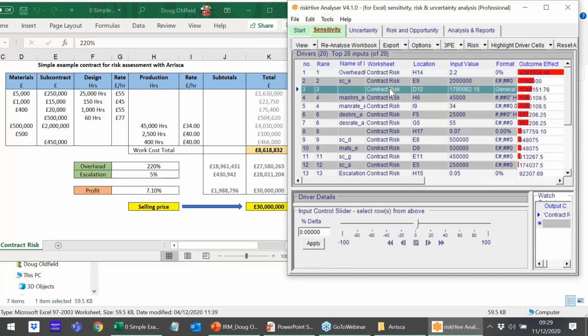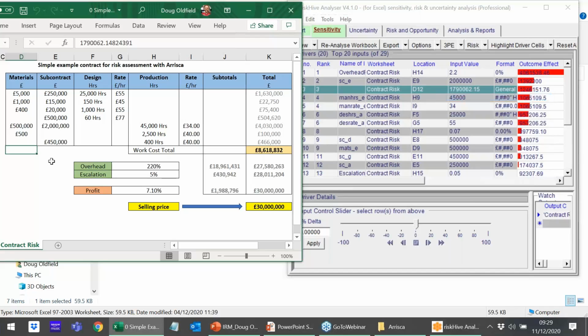This third input on here is quite an interesting one. If I right click on it, it's in D12, which is this area down here. If I go to the cell, what we can see is that it appears to be an empty cell. But if I look up here into my formula bar in Excel, I can see that there's actually a value of 1.8 million, a very precise 1.8 million almost, with lots and lots of decimal places. It looks like it's probably white text on a white background, so we can't see it. So we don't know anything about why it's there. We just know that it's got an effect on the model.